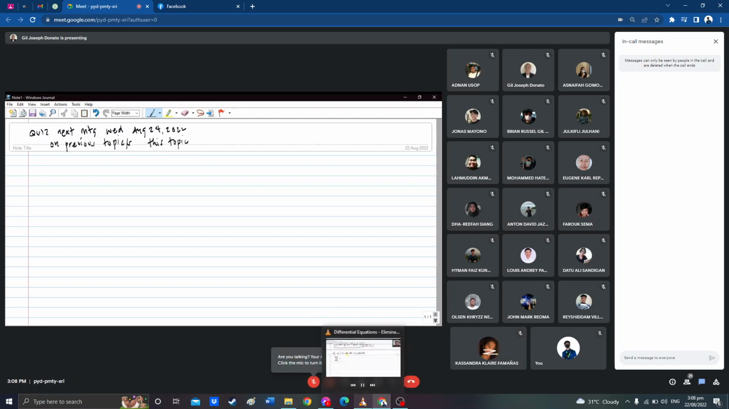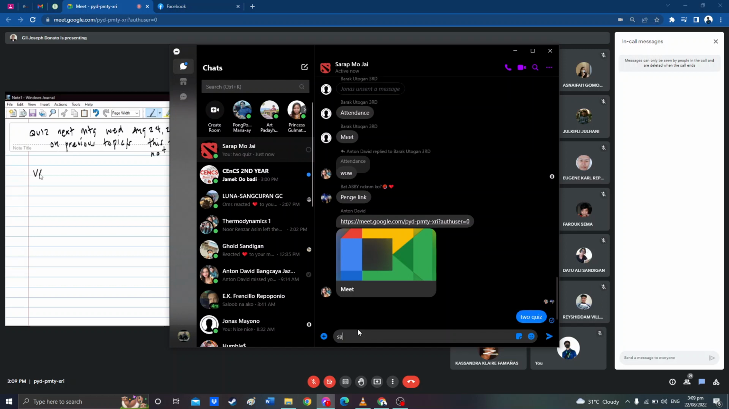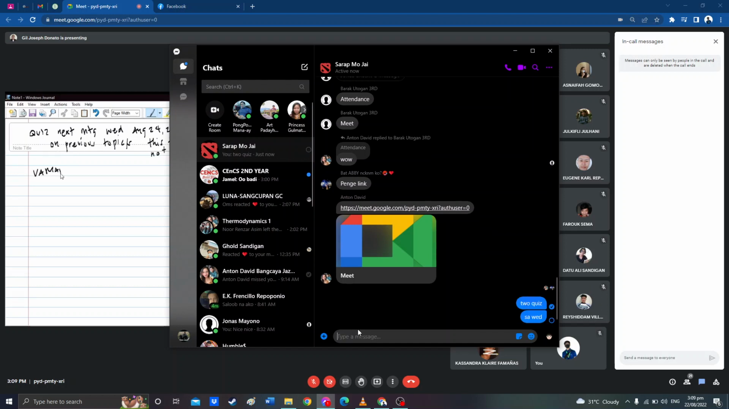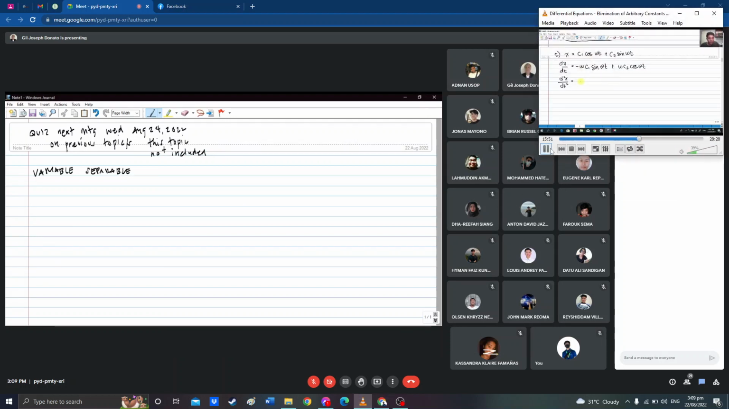As you can see, it is not evident yet that the c sub 1 and c sub 2 are cancelled, but definitely we will find a way to eliminate them by simply getting the derivative. So hence we can still get the second derivative of x with respect to t of this function. So what will happen is that